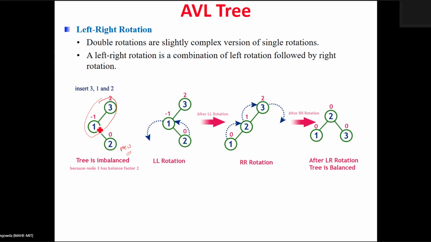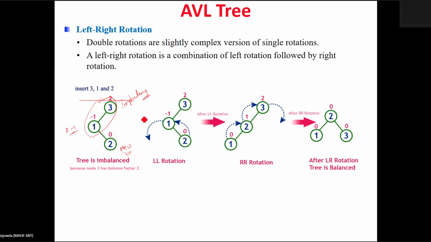Now if you calculate the balance factor, the balance factor for 2 is 0 because there is no left subtree or right subtree for 2, so the height becomes 0. The balance factor of the node 1 is -1 because the left subtree height is 0 and the right subtree height is 1. Similarly, the balance factor for the node 3 becomes 2 here. So now the node 3 is imbalanced. You can see that the imbalance happens at the node 3.